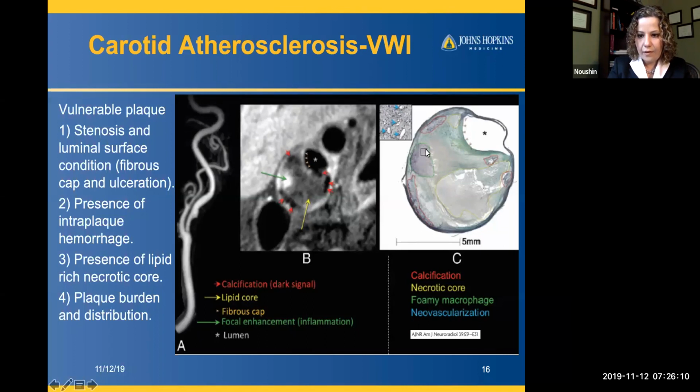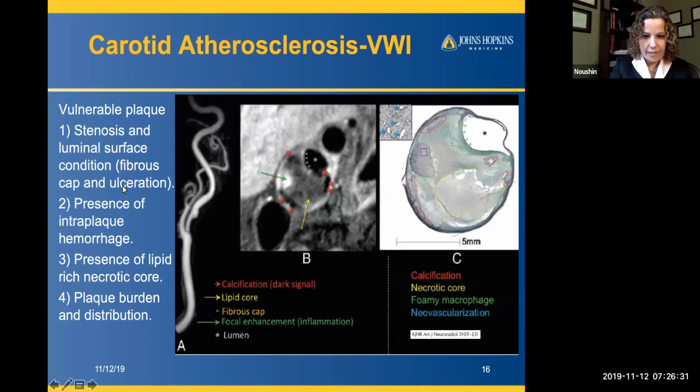There is this area of focal inflammation where they saw multiple foamy macrophages, and there are these areas of calcification in the periphery. So by looking at MR, or actually CT can also sometimes give us a good look, if you have